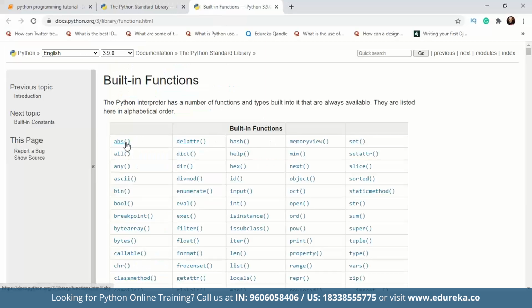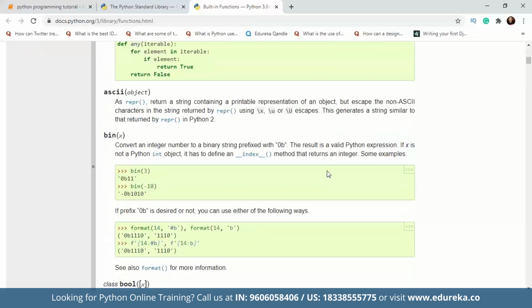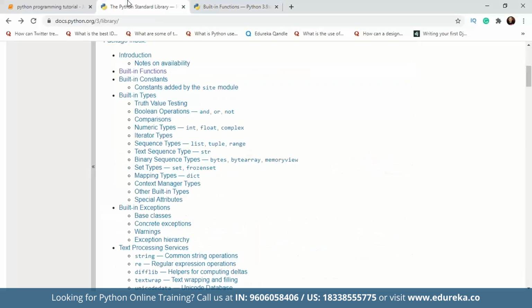Let's take a look at the built-in functions that we have. There is abs, all, ascii, list, all these constructors, checking the length, and in the documentation they've given how it works as well. As a beginner, I would suggest you check out the Python standard library. It will help broaden your perspective about what exactly is possible with Python. That's why I wanted to discuss the Python standard library, and not just the built-in functions.